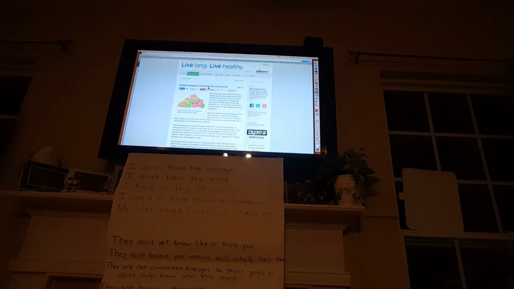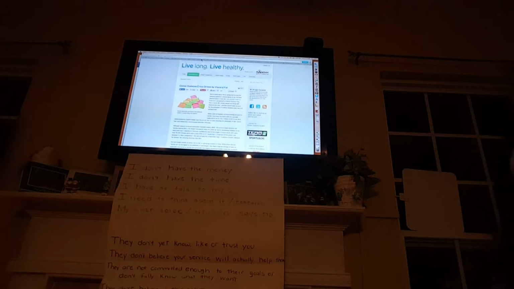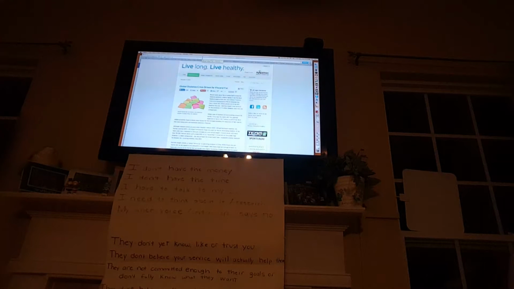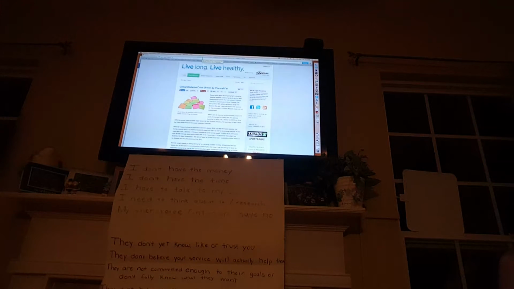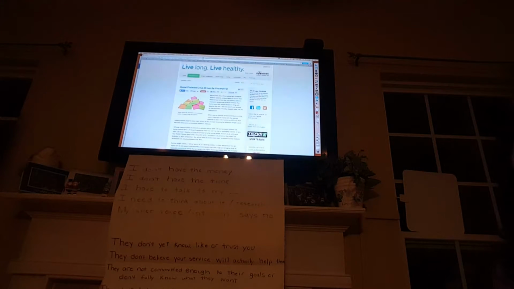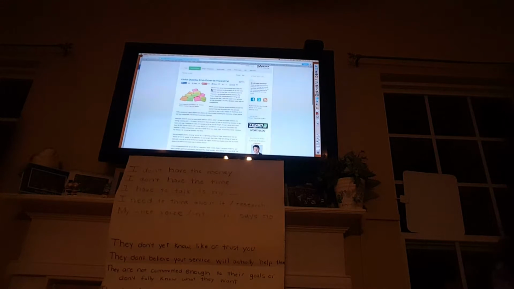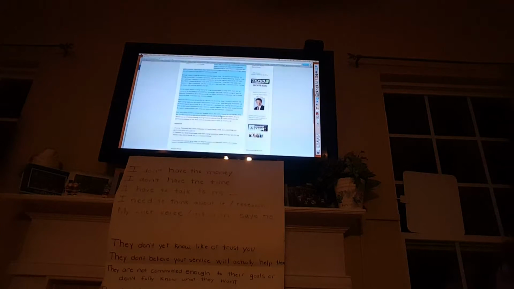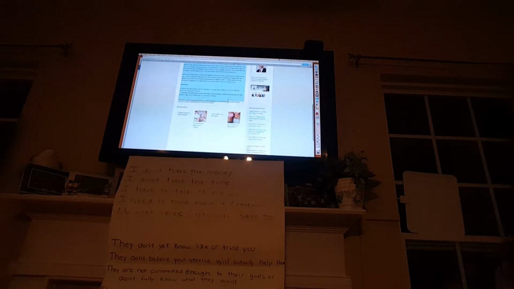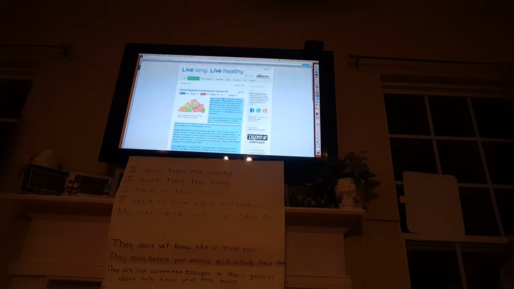Okay, so normally, if we were in the regular Team Live Healthy and they were already a user, I could just copy this URL, this address, and give that to them. But we don't want to do that because we don't want them to go off the page. I can just copy the article though. What about the picture that goes with the article? I can do a screenshot of that.